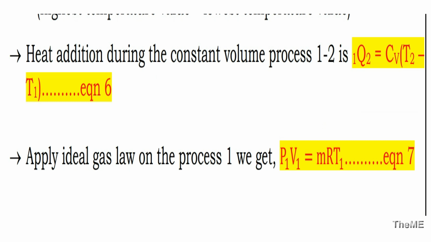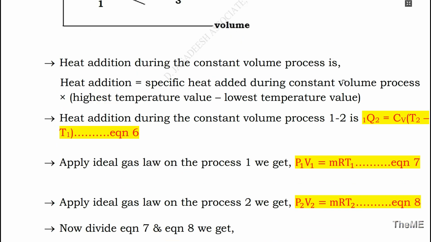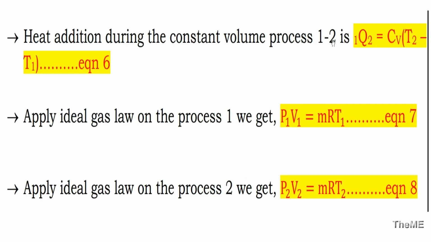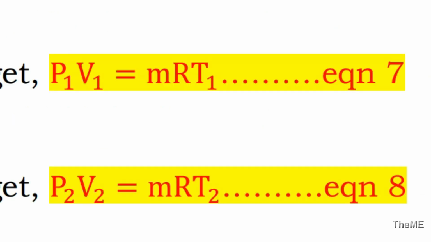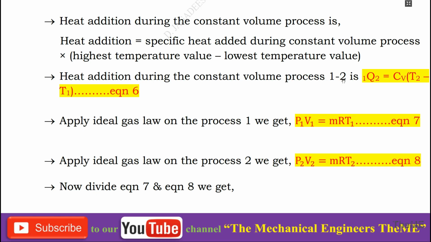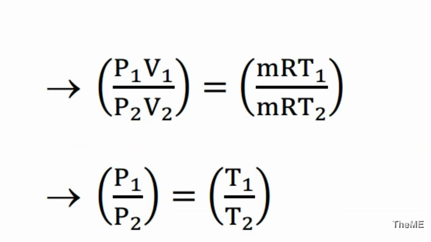For that I will apply ideal gas law on process 1. We get P1 V1 is equal to m R T1, and consider this one as equation 7. And again I will apply ideal gas law on process 2. We get P2 V2 is equal to m R T2, and consider this one as equation 8. Now divide equation 7 and equation 8. We get P1 V1 whole divided by P2 V2 is equal to m R T1 whole divided by m R